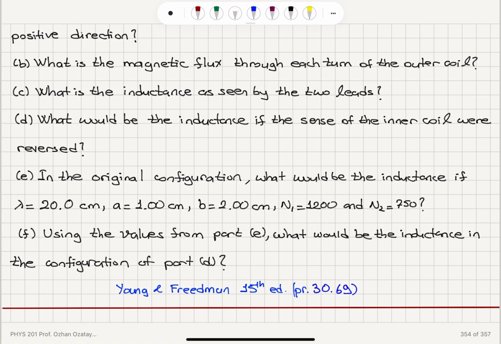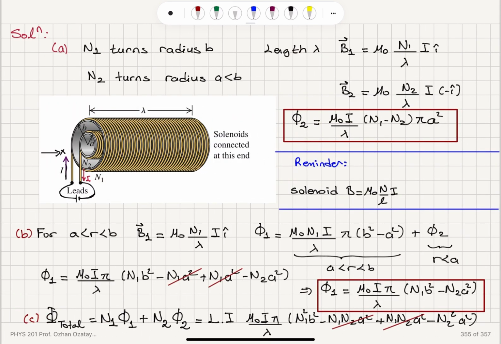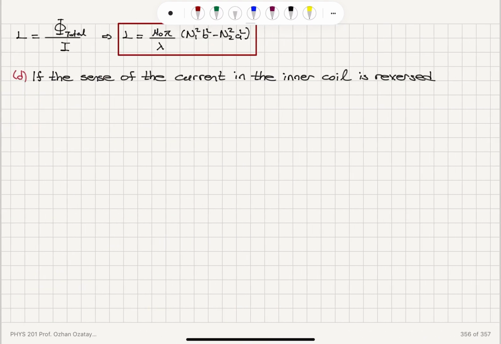Now, in part D, what would be the inductance if the sense of the inner coil were reversed? What would be the effect of reversing the sense of this coil? Then you would have the current flowing in the same direction, which means the magnetic field due to that current would be in plus i hat direction instead of the minus i hat direction. Okay. So, if the sense of the current in the inner coil is reversed, we have B2